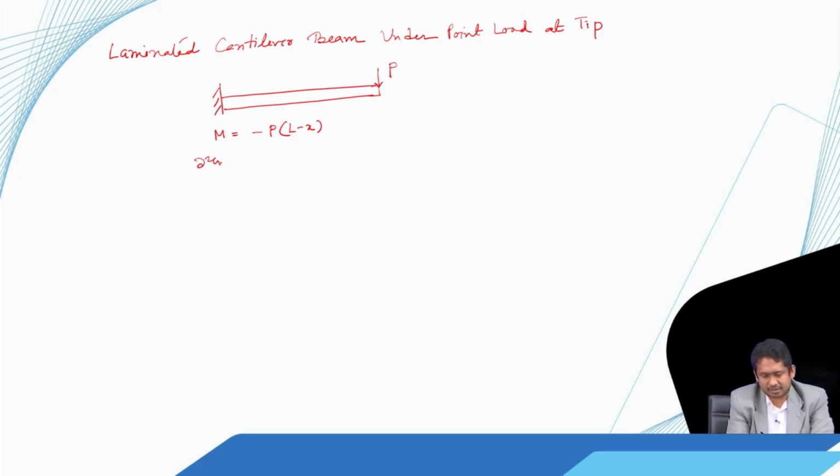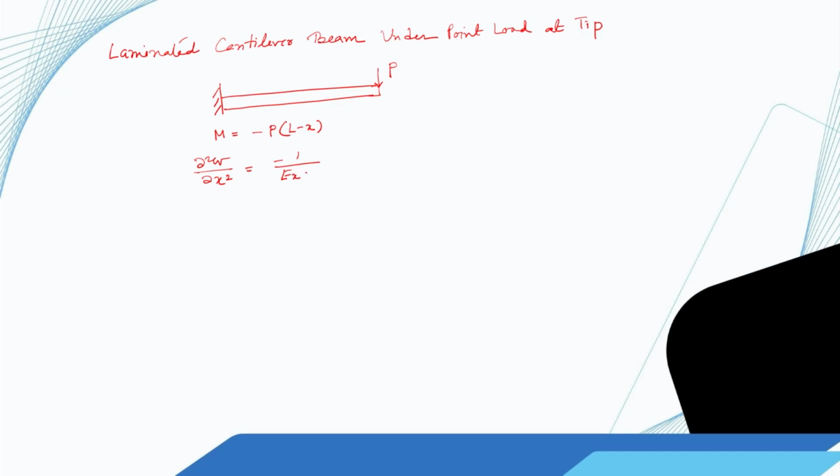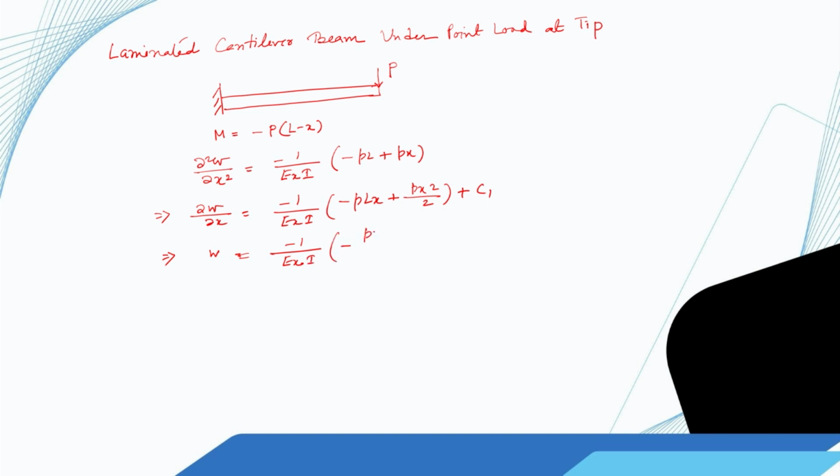and so we can write minus del 2 W by del x 2 is equal to minus 1 by EI into minus PL plus Px, and then after integrating we can write del W by del x is equal to minus 1 by EI into minus PLx plus Px square by 2 plus a constant C1, and then we get W is equal to minus 1 by EI, and here we have minus PLx square by 2 plus P x cube by 6, not 3, 6